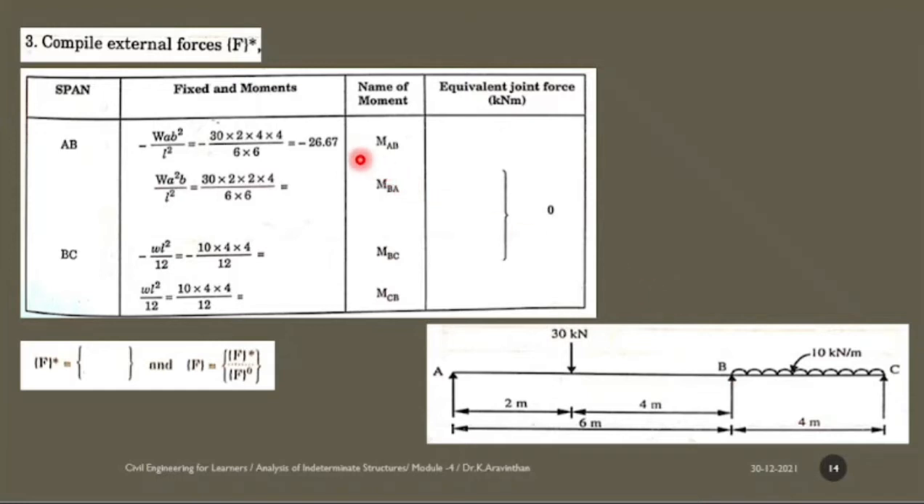So you have to find the next column, the equivalent joint force. What is the equivalent joint force? You have to find the opposite of the force. Now if you have 26.67, the equivalent joint force will be plus 26.67, and the next value is 13.33, which will be plus, and your equivalent joint force will be minus 13.33